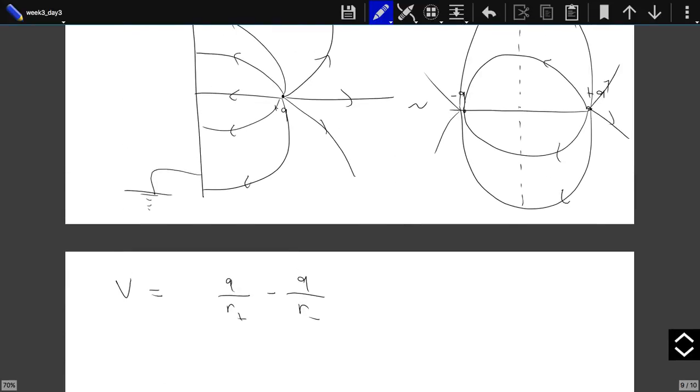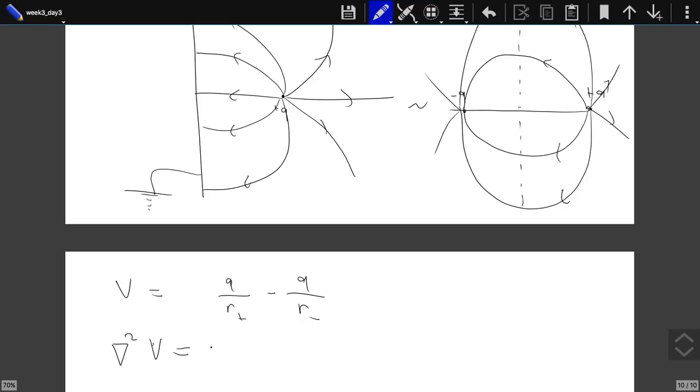At infinite distance, the potential is again 0. So this potential satisfies our boundary conditions. This potential is 0 on our conducting plane. It is 0 at infinity. The only thing left is, does it satisfy our Laplace equation? And in this case, our Laplace equation